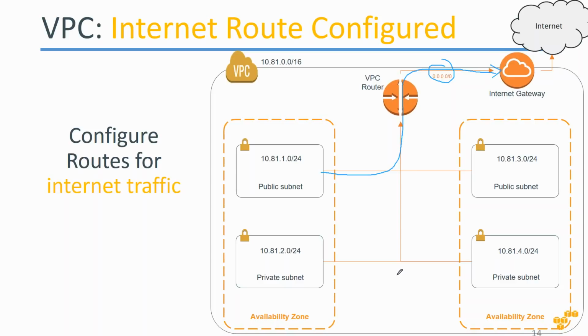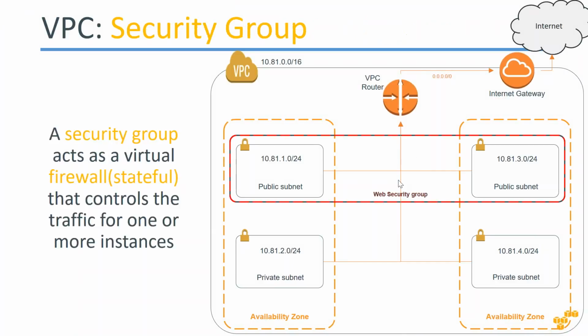So that is how the VPC router helps by applying certain rules and filters. Say any traffic that is coming from private, it will bounce back here itself, because it won't allow it to the internet, because we won't have a route table for that. And the route table will use this notation saying this is a private subnet CIDR, and any traffic originating from here, do not send it to the internet. So that is how the router will understand where the traffic is coming from and whether it should send it to public or not. So now that we have done our routing tables,